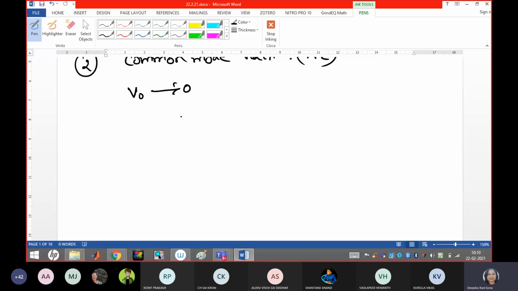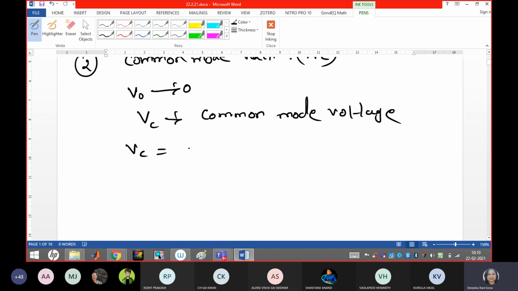That's why it is called the common mode signal, and it is represented as VC. So you just write down: common mode voltage, VC represents. What does VC stand for? It is the average of the two input signals. Suppose V1 and V2 are the applied input signals. If we take the average between them, it represents the value of VC. The gain at which the amplifier amplifies the common mode signal to produce the output is called the common mode gain of the differential amplifier, which is denoted as AC.